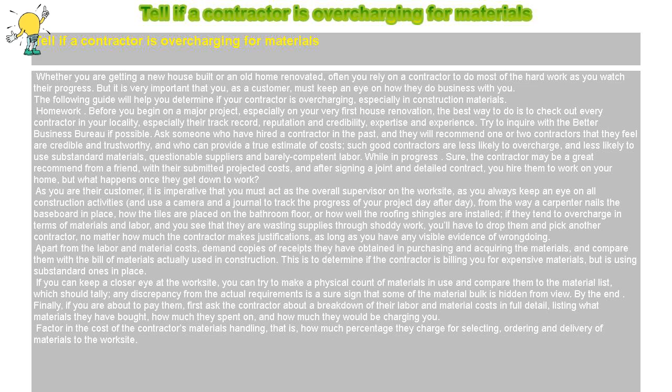While in progress. Sure, the contractor may be a great recommendation from a friend, with their submitted projected costs, and after signing a joint and detailed contract, you hire them to work on your home, but what happens once they get down to work? As their customer, it is imperative that you act as the overall supervisor on the work site, as you always keep an eye on all construction activities, and use a camera and a journal to track the progress of your project day after day,